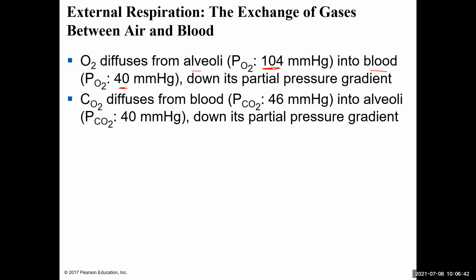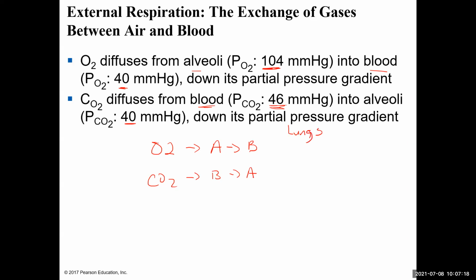Now, the opposite is for carbon dioxide. So carbon dioxide diffuses from the blood into the alveoli, and the CO2 partial pressure is just slightly higher in the blood compared to the alveoli, but still it's higher, so that means it's going to move down its partial pressure gradient. So oxygen is going from the alveoli to the blood, and then carbon dioxide is going from the blood to the alveoli